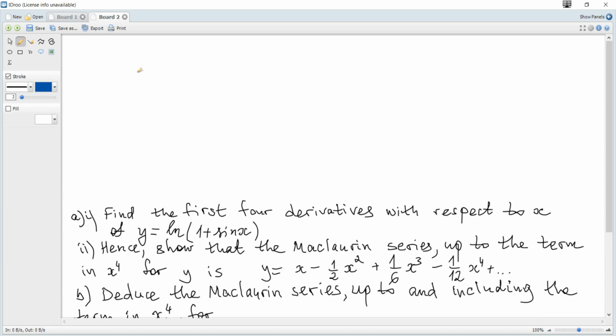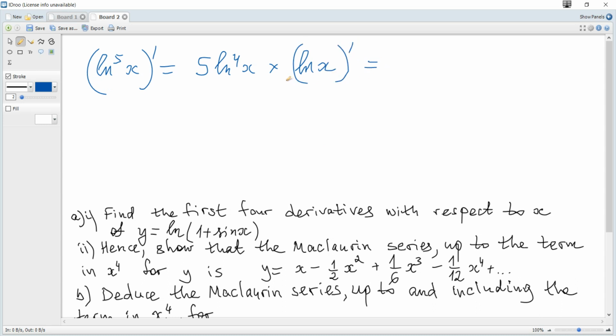If we need to take the derivative of a function which is raised to some power, for example ln to the power of 5 of x, we apply the same rule as for the derivative of x to the power of 5. It's 5x to the power of 4, but instead of x we write this function, so it becomes 5 ln to the power of 4 of x, multiplied by this function's derivative, so multiplied by ln of x derivative, and is equal to,